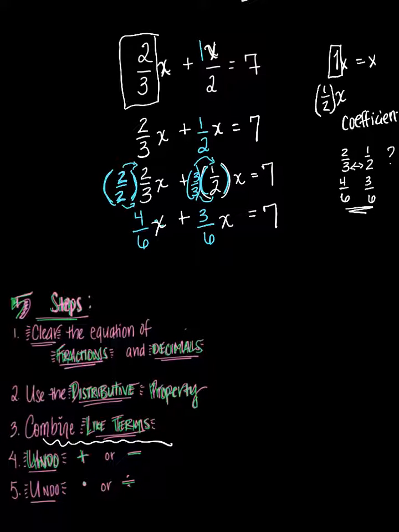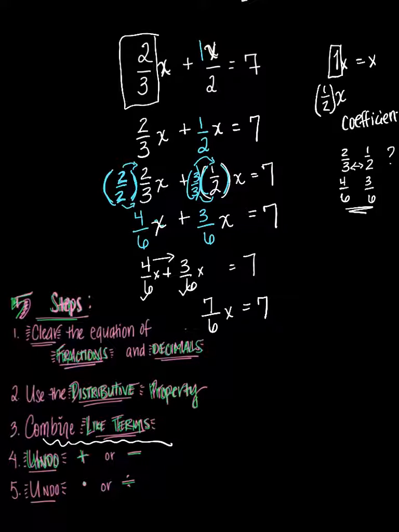I have 4/6x plus 3/6, and again, these are times x equals 7. 4 plus 3, I can just add across now because my denominators are the same. So I get 7/6x equals 7. Holy moly, still have a bloody fraction, and I still have multiplication going on over here by